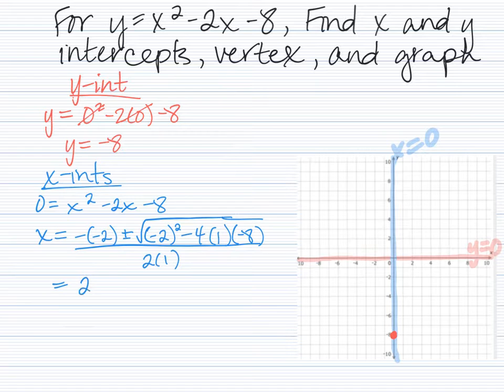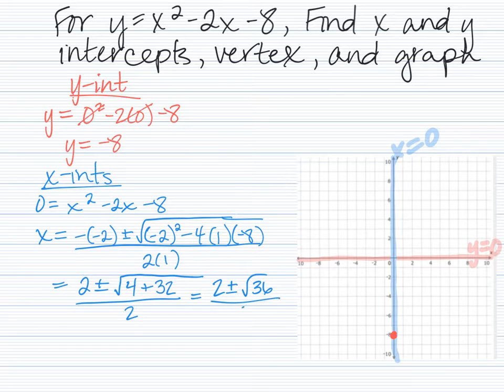Simplify that to a positive 2. That's where the parentheses are important when we have double negatives. And then negative 2 squared is positive 4. That's also why the parentheses are important. And then negative 4 times 1 times negative 8 is a positive 32, all divided by 2. So that is 2 plus or minus the square root of 36 divided by 2